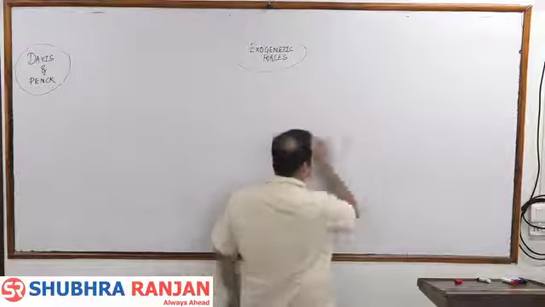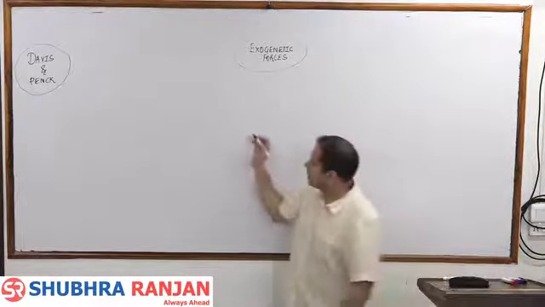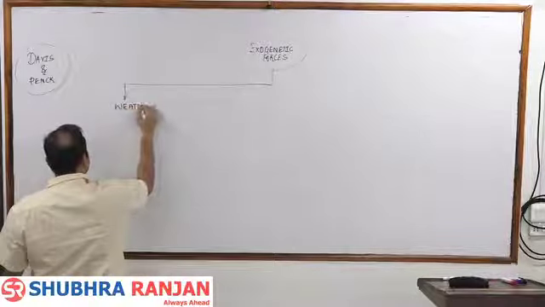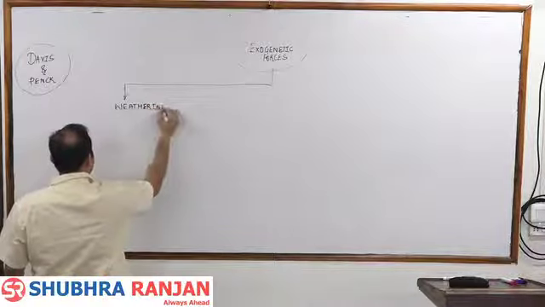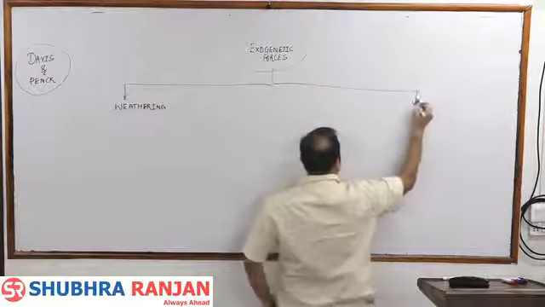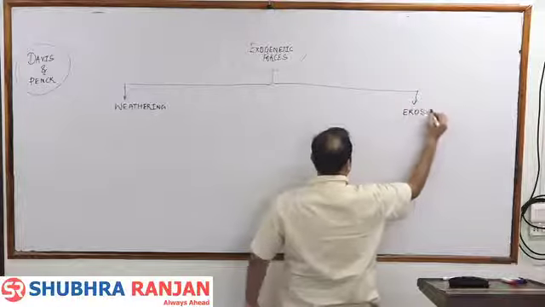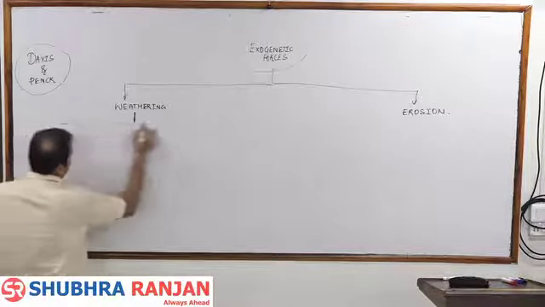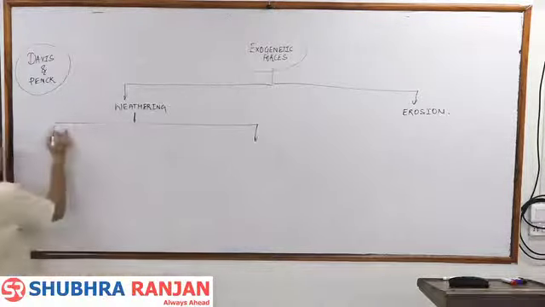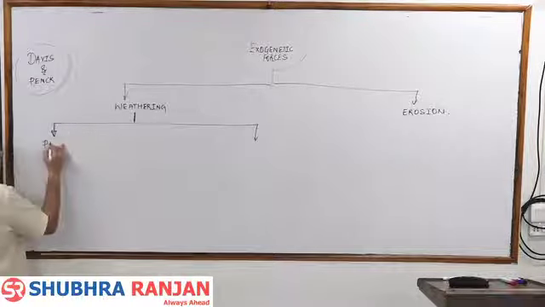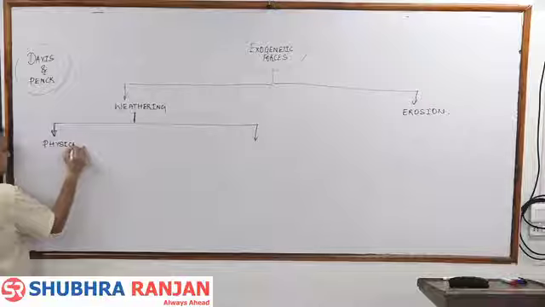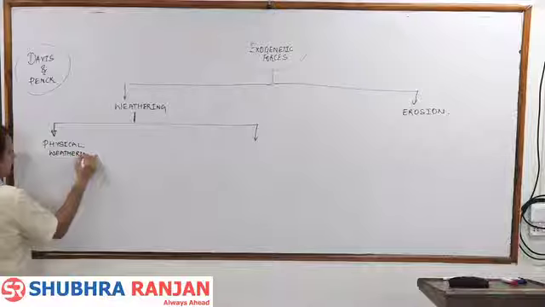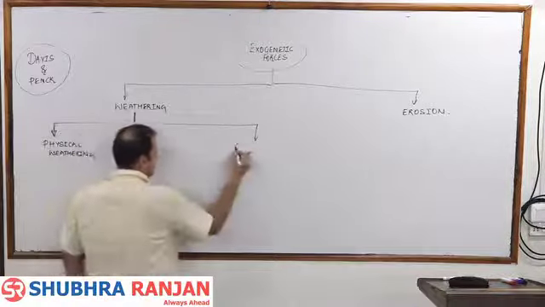So when we do the external forces, we do these external forces in terms of weathering and in terms of erosion. When we say weathering, it is of 2 types, and basically we'll call this 3 types. One is physical weathering, one is chemical weathering,